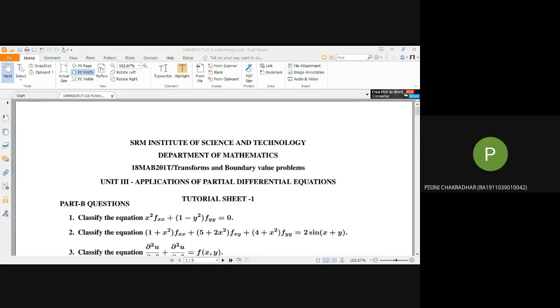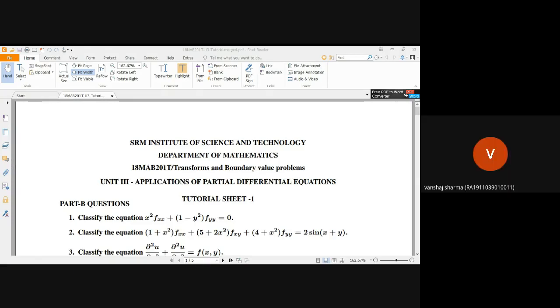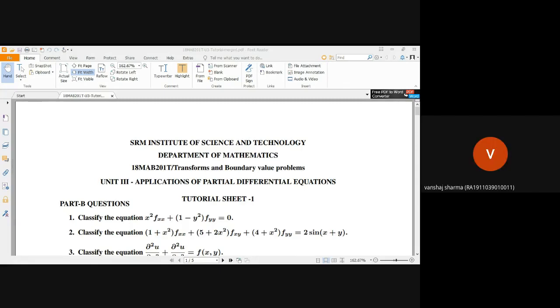Y equal to 0, it is positive. I agree. What about the other cases? X should be greater than 0. We are not disturbing the x variable because whether x is positive or negative, in both cases x² is always positive. Only thing is we should not put x equal to 0.